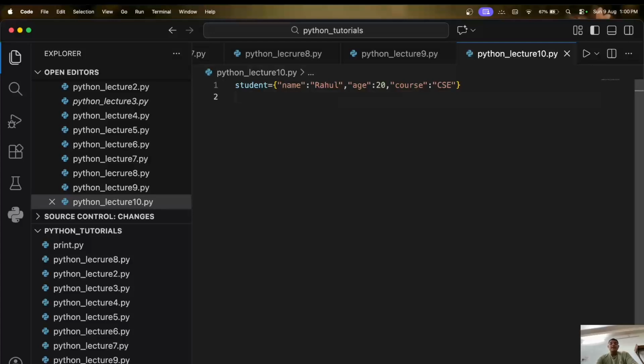Now we can ask Python for the student's name instead of remembering its position. That's what makes dictionaries so